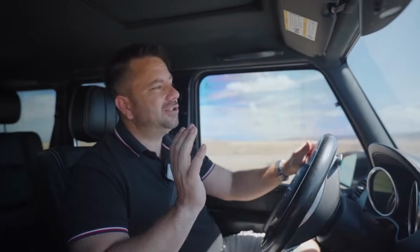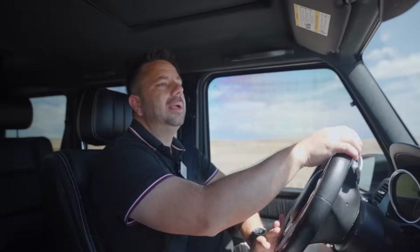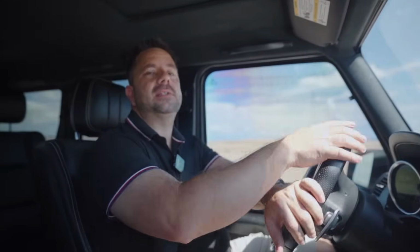I actually found a complete kit in Los Angeles, and it was about 50% cheaper than what you can order online. The guy decided not to do the build because it was too far over his head. He thought it'd be something fun, but it wound up costing too much. And so I wound up getting it for a really good deal. So all the people that keep telling me in the comment section you can't find great deals off of Facebook